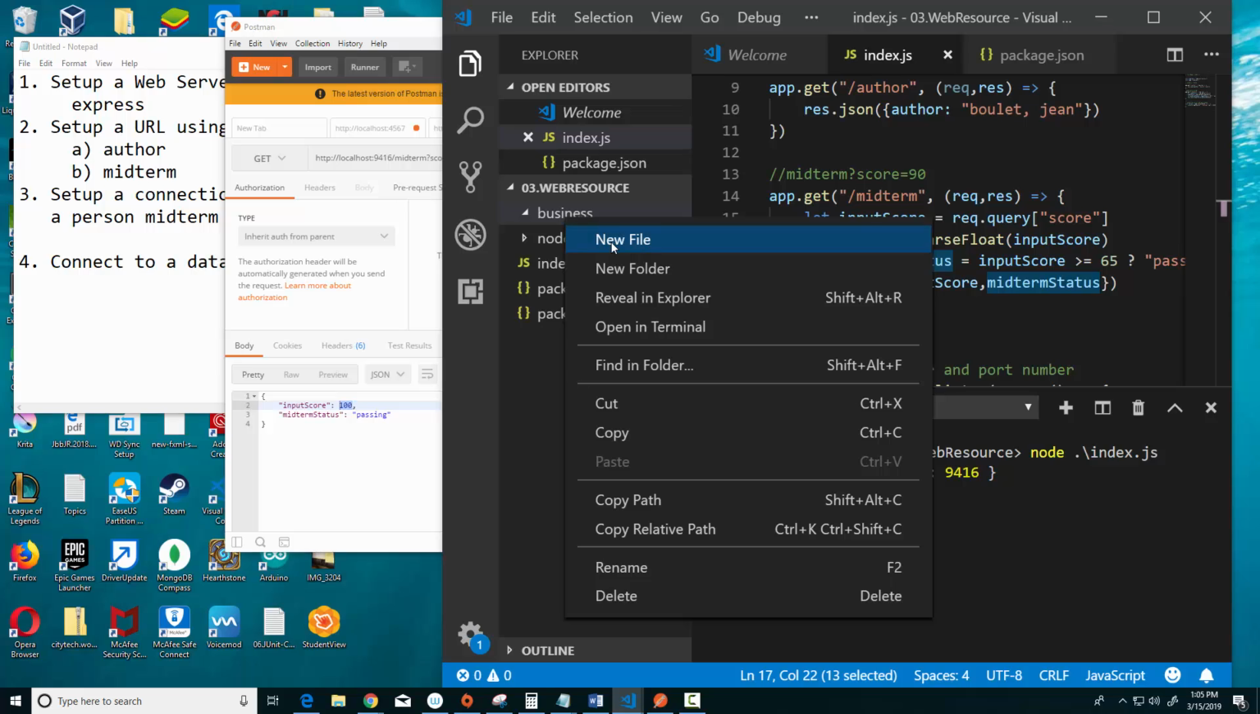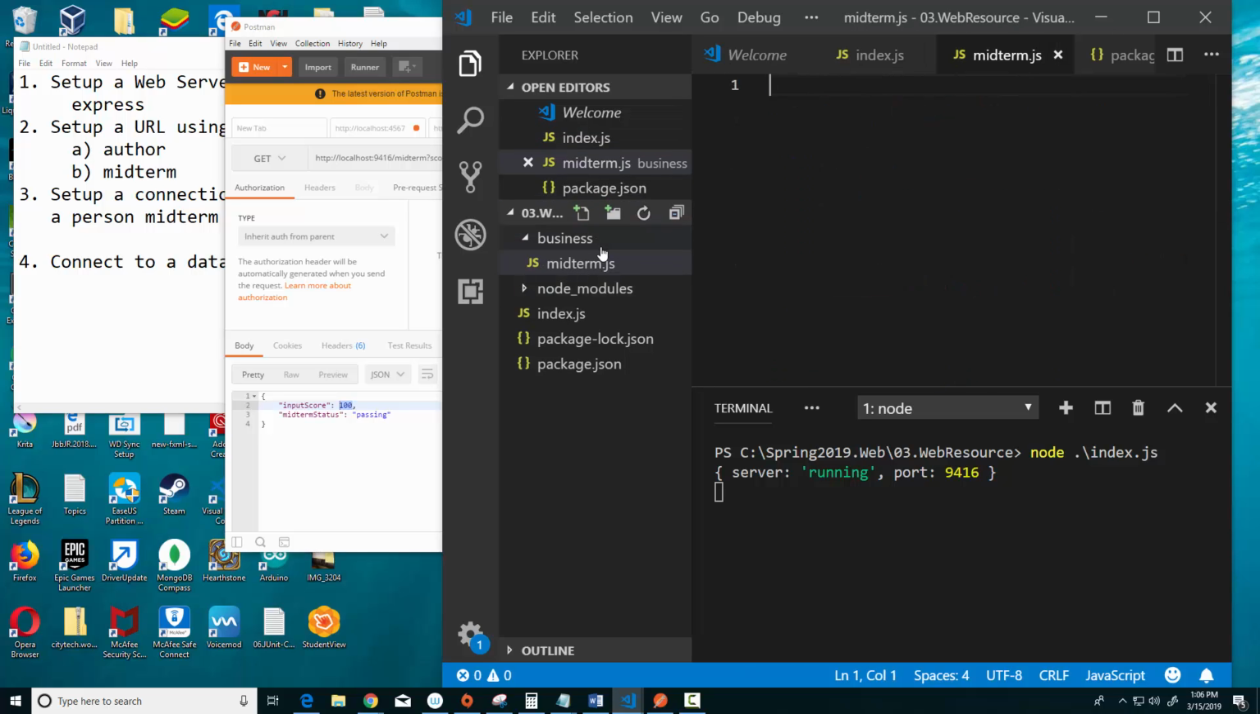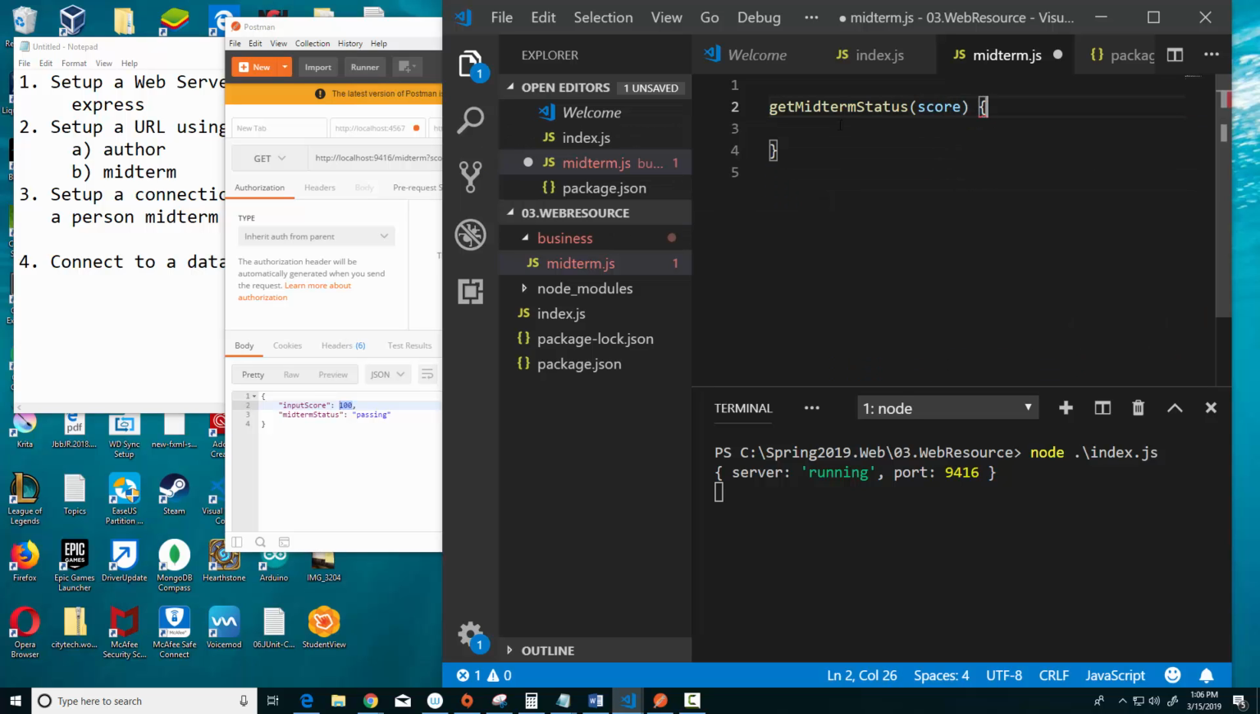Focus here, make sure you're right there. I'm going to say here, new file, and I'll call this midterm.js. This will contain my midterm grades. Okay. I'll call this here get midterm status. This will take in a score from the outside world, and